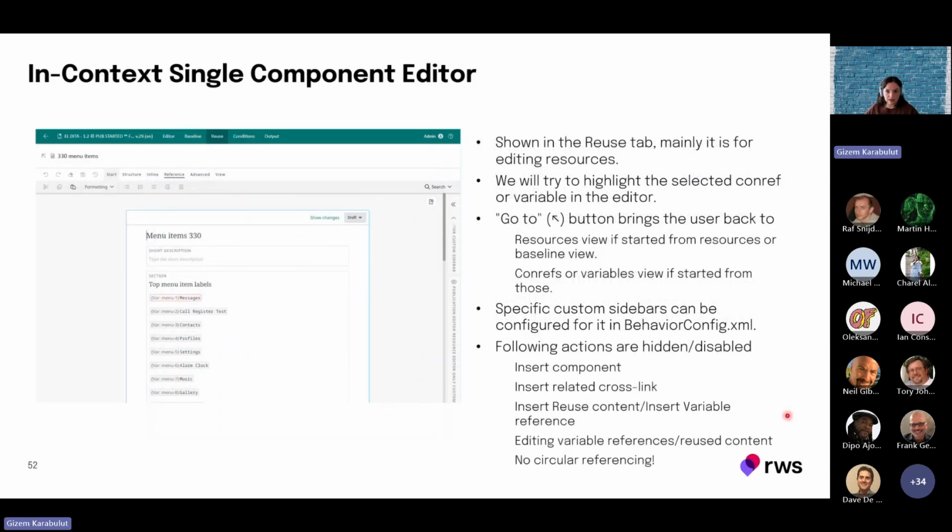Also, it's different than the multi-component editor. The first thing you will notice is that there is no outline option because it's just a single component. Other than that, there are side panels and the version management is available. Also, under the advanced section, we limited the reuse options because we don't want users to create circular